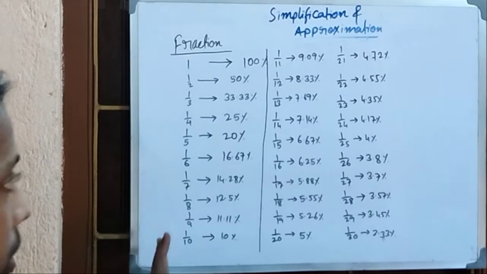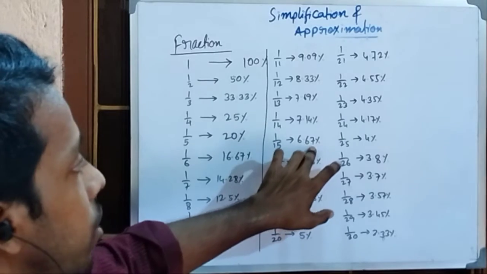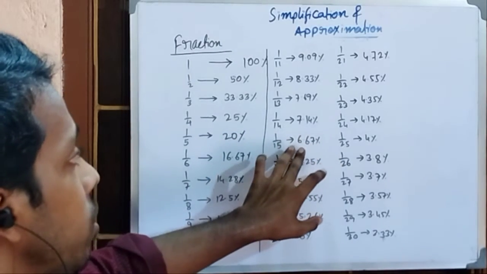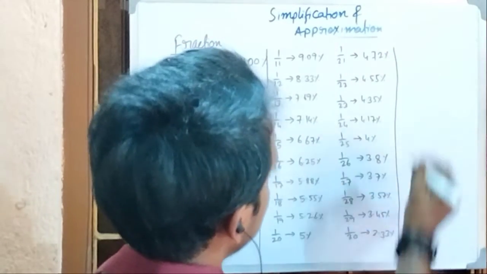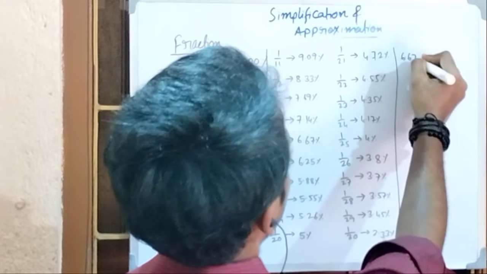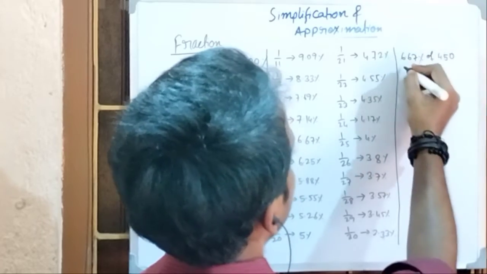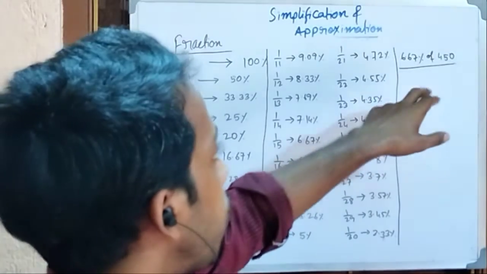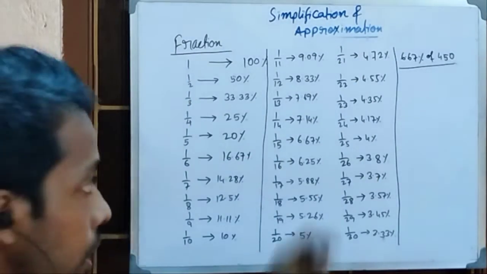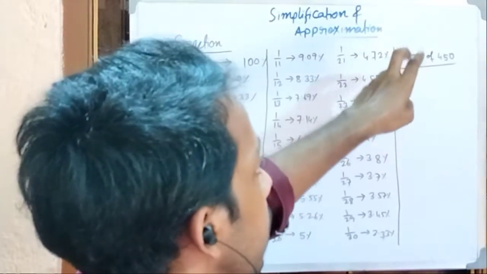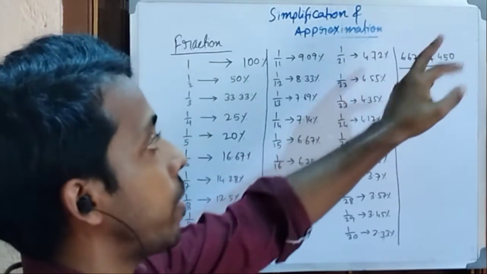Whenever you are going to solve some questions, supposedly there is given 6.67% of 150. Sometimes it sounds difficult, right? I am just doing some rough work here. 6.67% of 450. If you don't know the fractional value of 6.67%, can you solve it easily? Whenever it comes in the exam, at that instant can you solve 6.67% of 450,